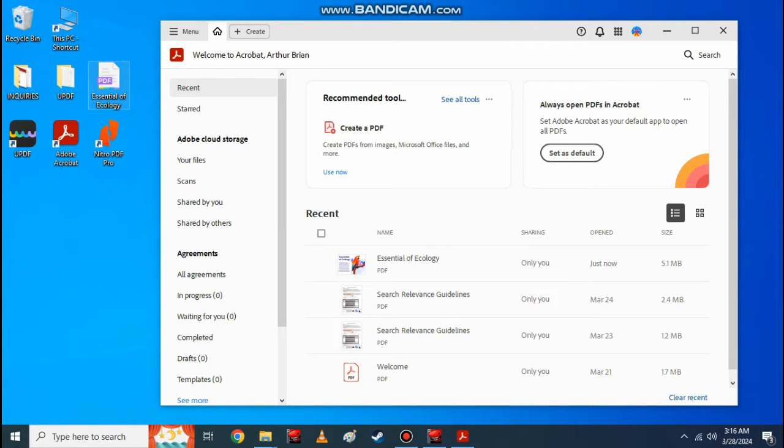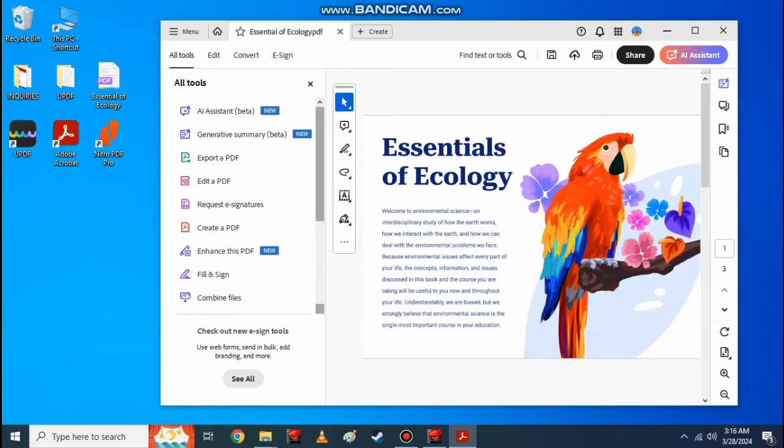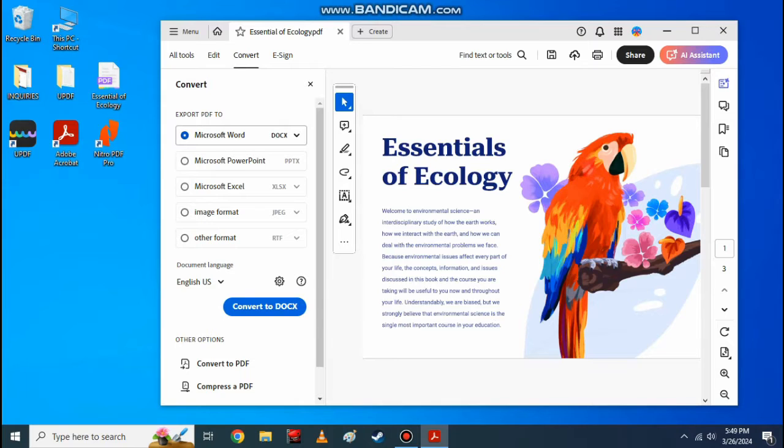Adobe Acrobat, on the other hand, is the pioneer and the most popular PDF editor in the market. It appeals to users with its extensive collection of tools and features. It also has a drag and drop feature like UPDF, which is really convenient. You can also edit and convert your files into multiple formats like Word, PowerPoint, Excel, and RTF.